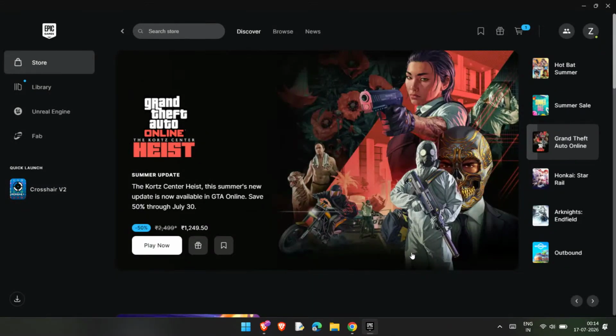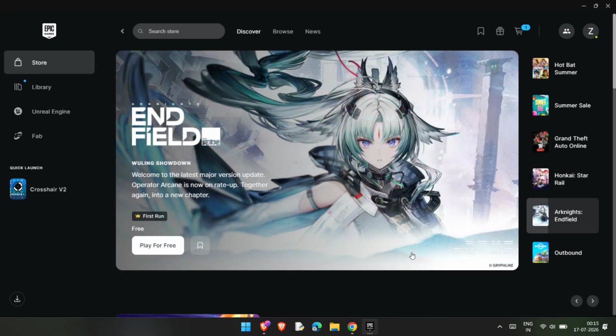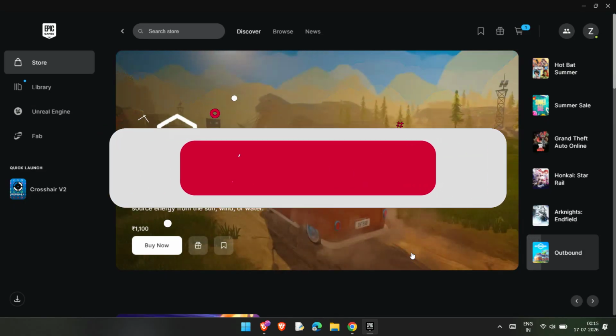If you're seeing the SU-MD-HSH manifest error in Epic Games, don't worry, because in this video, I'm going to show you the fastest way to fix it step by step. This error is usually caused by leftover temporary files inside the EpicGamesLauncher, or by a proxy setting interfering with the launcher's ability to download and verify files correctly. The good news is that this is usually a simple fix, and you can do it yourself in just a